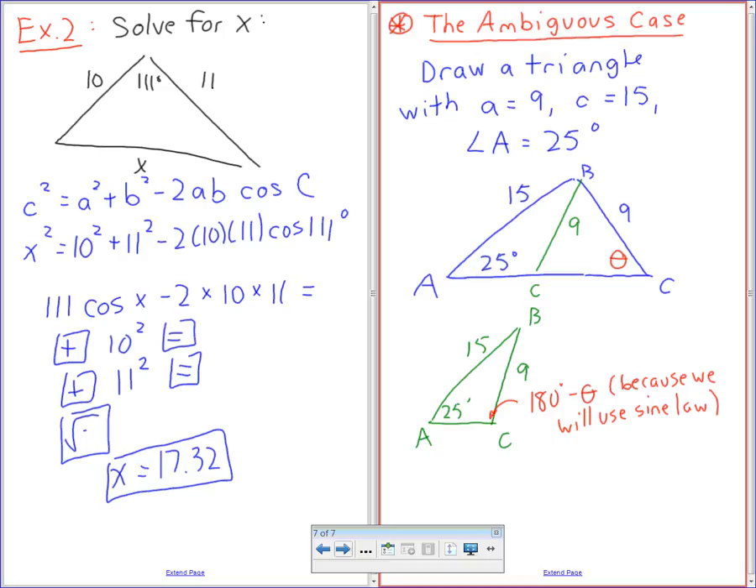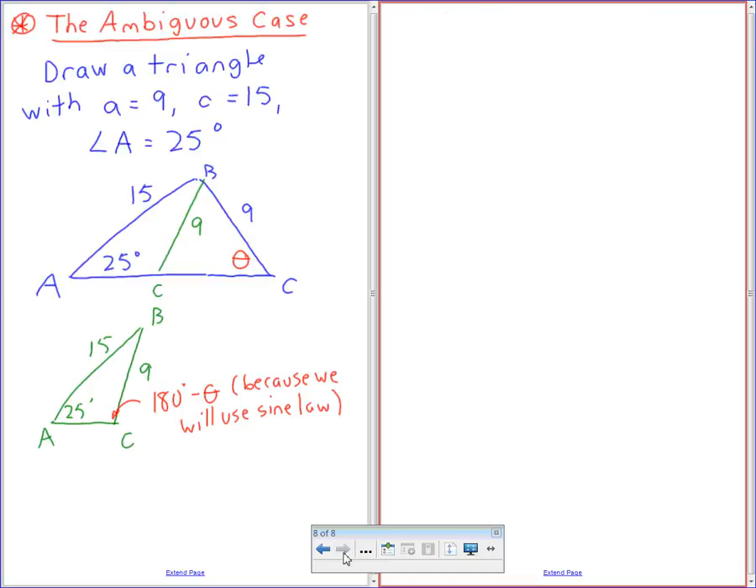Because of our rule from that, we'll show you how that works. So this is called the ambiguous case because you're not given enough information to say whether it's acute or obtuse. We'll solve this right now. So we're going to say if the triangle is ambiguous,